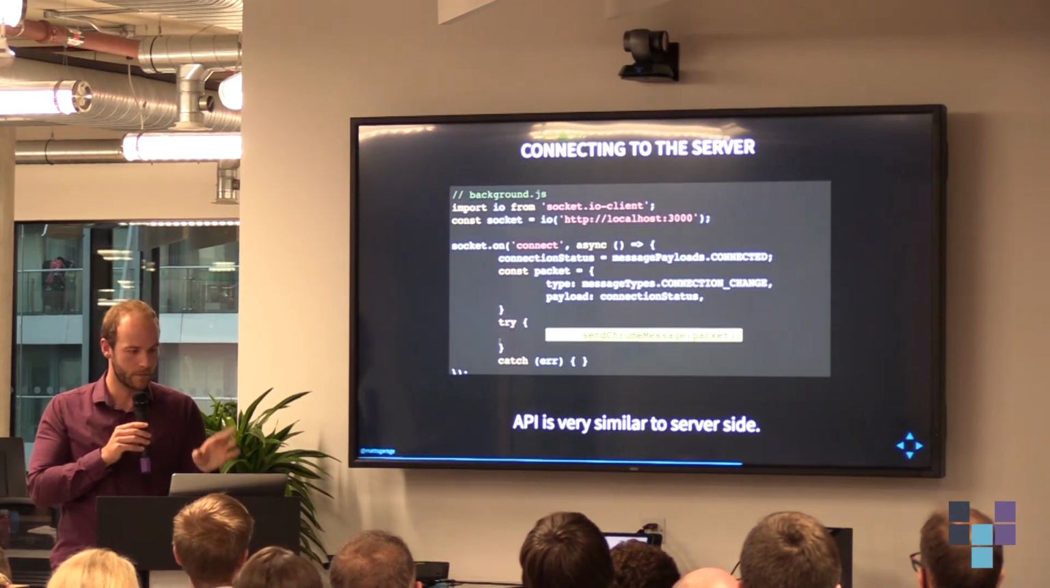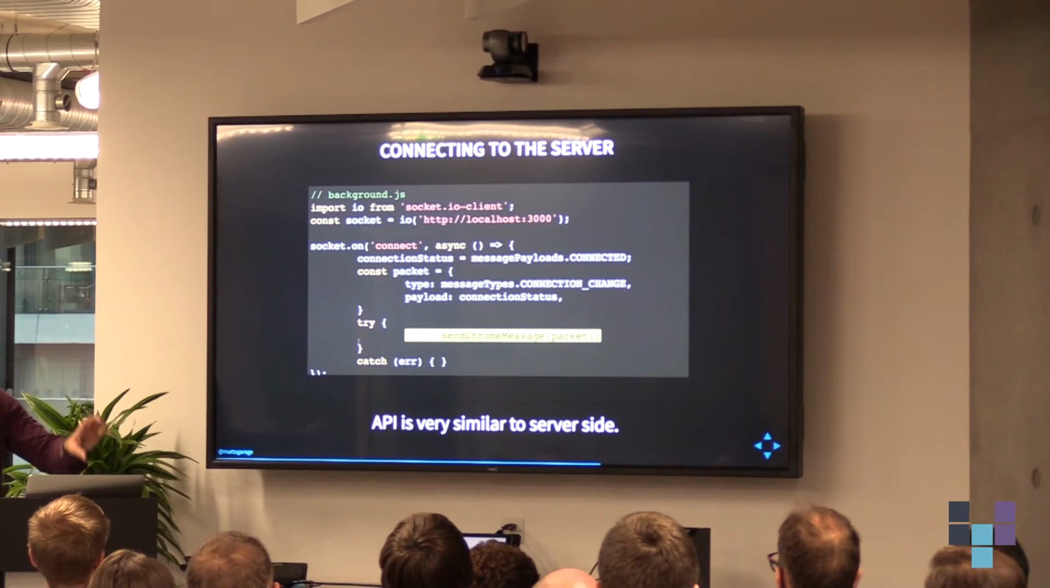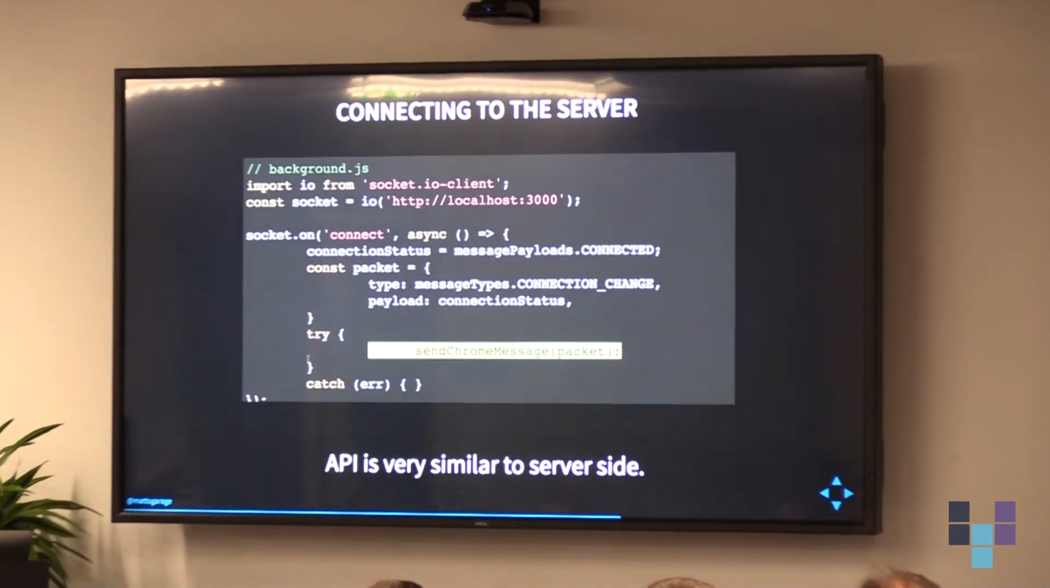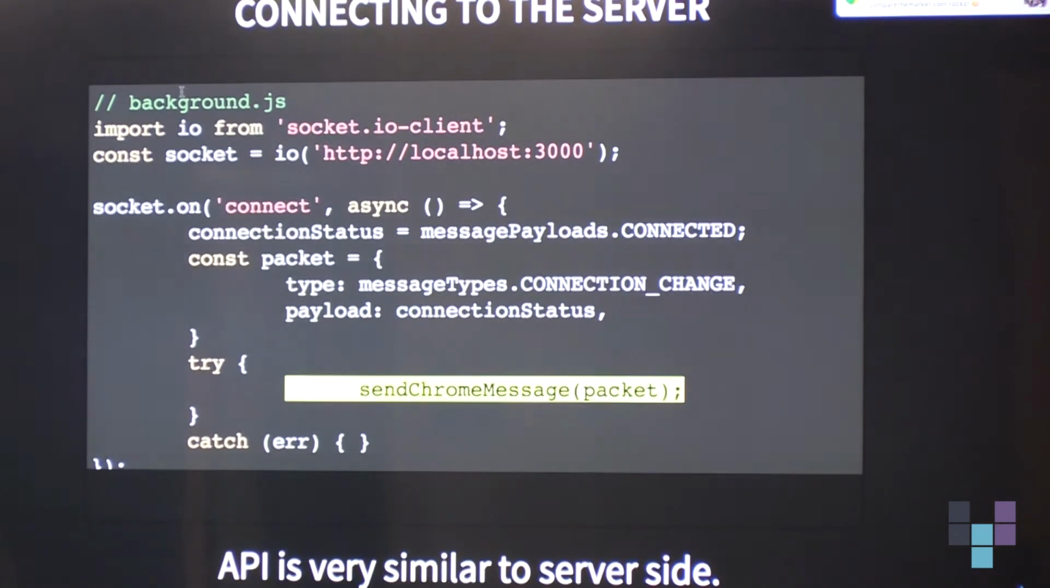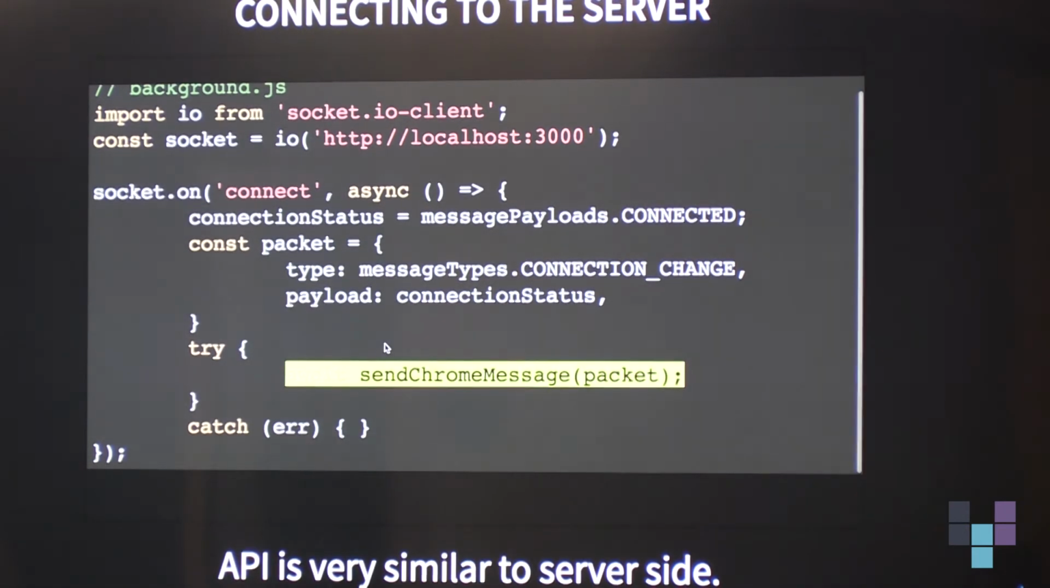And this is the client API that the background script will use to connect to that little socket server. You can see the library is very similar. You import from socket IO, and you get a very similar set of events. So there's socket on connect, and then we just broadcast the different connection changes that happen when new clients join,